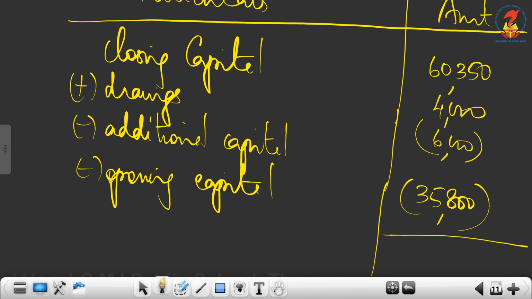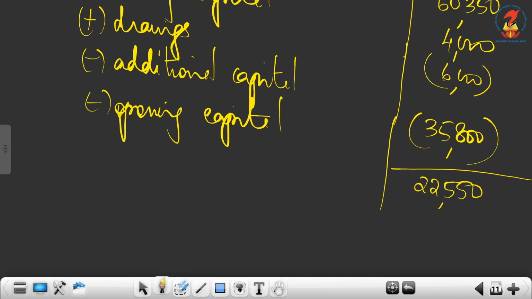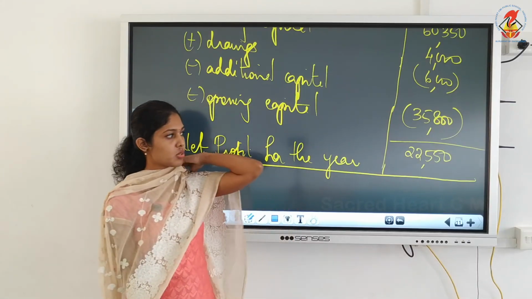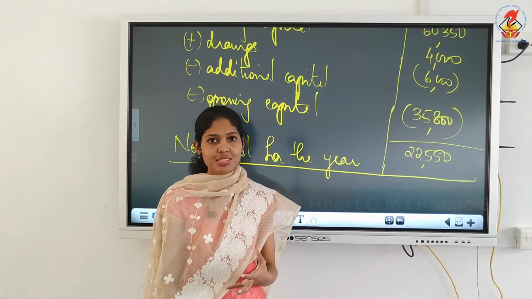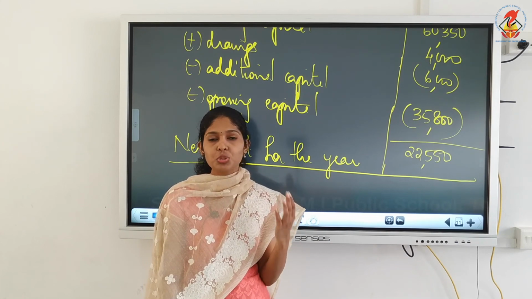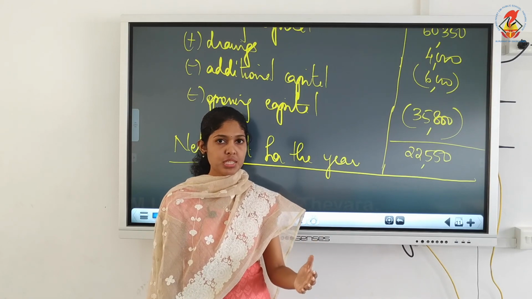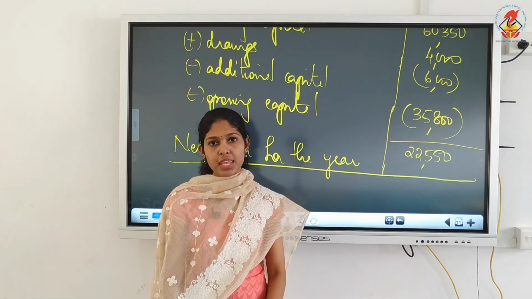So finally you have to see whether it is net profit or net loss. Here it is a net profit, that is 22,550. If it is negative, you write net loss. So this is net profit for the year. So this is what you have to learn mainly in this chapter, that is to do the statement of profit and loss. For that you will have to compute closing capitals and opening capitals by preparing statement of